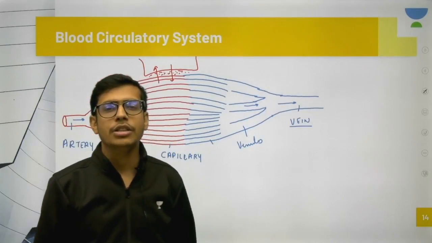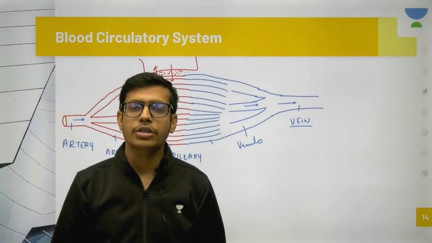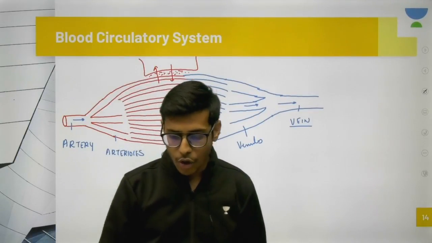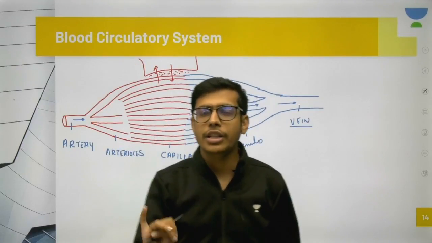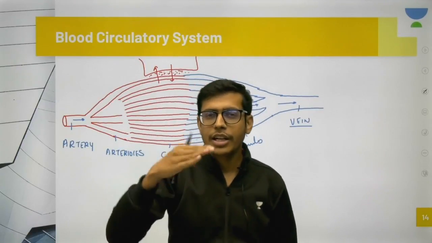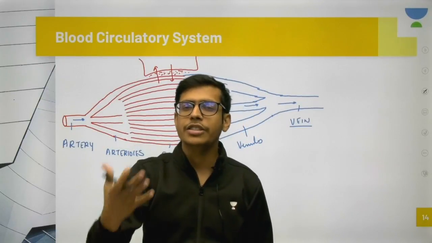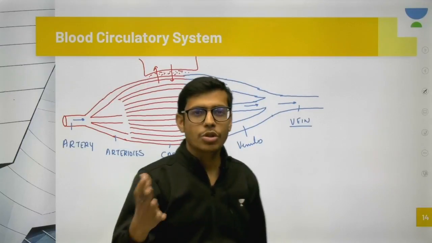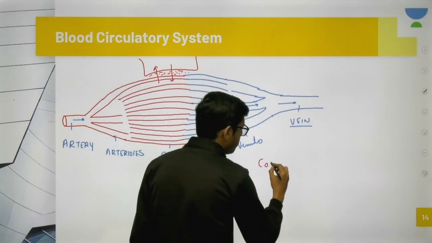Now you have to mention this one line which has come in your question also. The line was that all the blood in an entire circulatory system in normal condition flows through one circulation. Just cardiac output increases with the stroke volume. You know, stroke volume into heart rate is equal to cardiac output. We know that. So cardiac output would be,